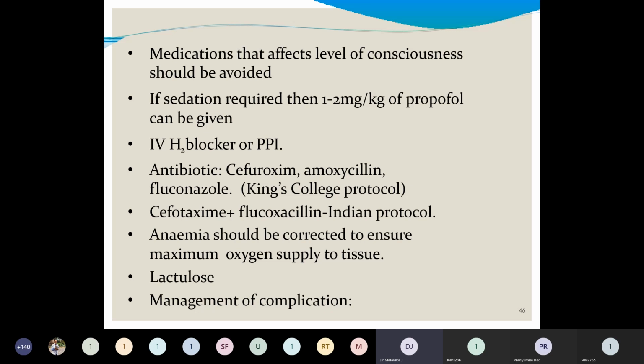These are the antibiotics which can be given, or according to Indian protocol, it is cefotaxime plus fluoxetine. Anemia should be corrected to ensure maximum oxygen supply to the tissues by giving blood transfusion. Lactulose to eliminate ammonia levels in hepatic encephalopathy, and